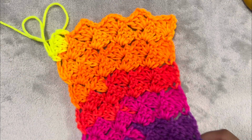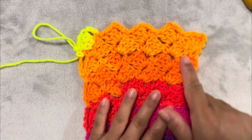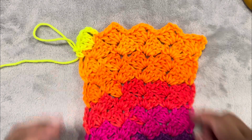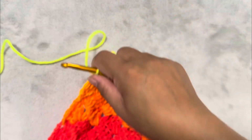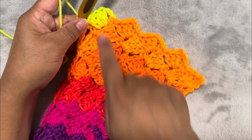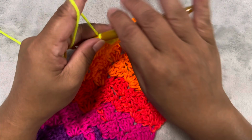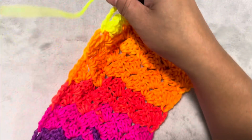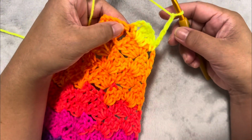Okay, I finished my remaining rows, guys, and I stopped my work where the 5 shells are, okay? 1, 2, 3, 4, 5. That's where I stop my work. Now we are going to do the final touch. So we have 5 shells, 1, 2, 3, 4, 5, and we are going to make a chain of 4, 1, 2, 3, 4, and then we are going to turn our work like that, and we are going to